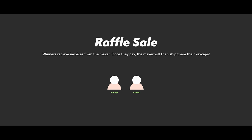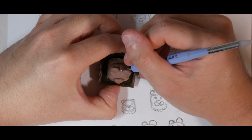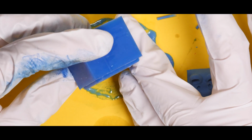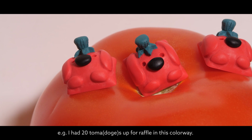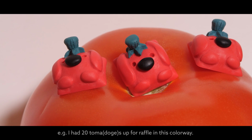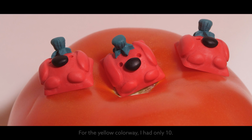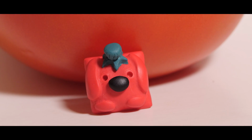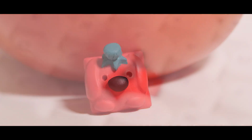and grant them the opportunity to purchase one of their keycaps. You might think this sale format is somewhat strange, but keep in mind that artisan keycaps are made by hand, so the quantity being sold by a maker is usually a pretty small amount. Demand often exceeds supply, and a raffle sale helps even the playing field so everyone basically has the same chance